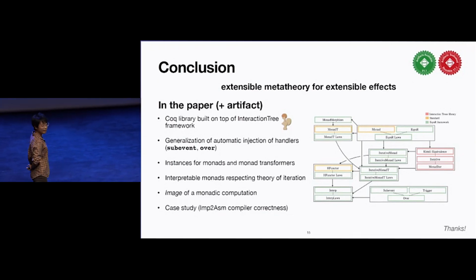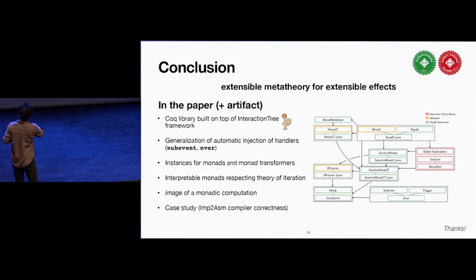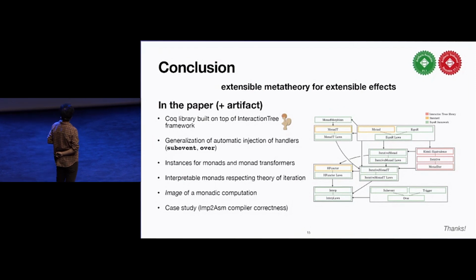And we also, this I did not talk about during this talk, have a generalization of automatic injection of handlers with combinators called sub-event and over. And we have various instances of the equational theory of monads and monad transformers, including state, error state, and the weak and strong bisimulations for interaction trees, etc. And then the characterization of interpretable monads respecting the theory of iteration, and a novel notion of an image of a monadic computation, which characterizes the domain of a monad, and then a case study, which is an M2ASM compiler